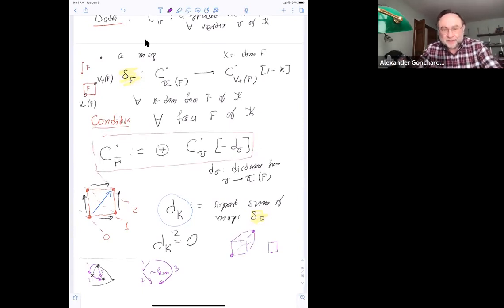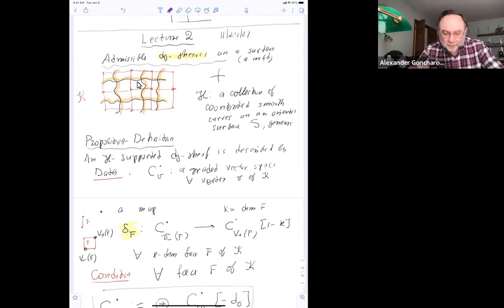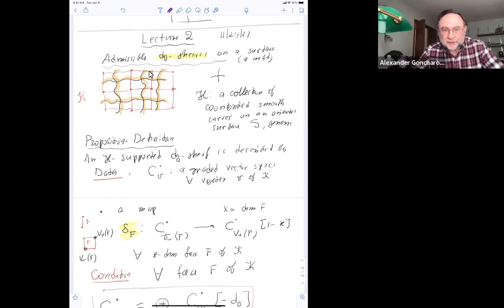Remember, that's a very good question. I skipped something, that's why you didn't understand. Remember that we have co-oriented lines. This means that if you consider, for example, this square, this vertex is distinguished and this vertex is distinguished, because here the co-orientation goes towards this vertex and here it goes out of this vertex. So the notion of bottom left and top right is fixed by the data of co-orientation. I'm sorry I skipped this and it was indeed unclear. Thank you. More questions?